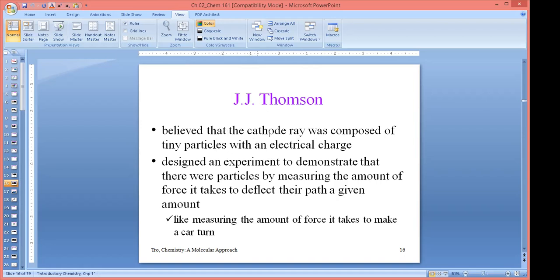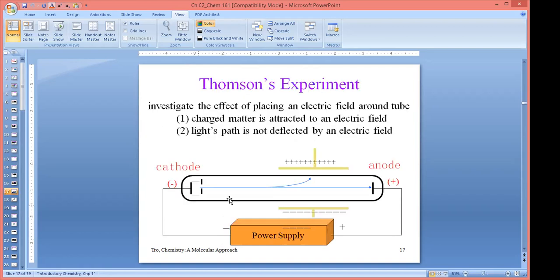So his concept was that the cathode ray was composed of these tiny charged particles. He's trying to figure out a way to demonstrate this and what kind of force it takes to deflect the path. The analogy here is like measuring the amount of force it takes to make a car turn. So if you set up this little experiment,